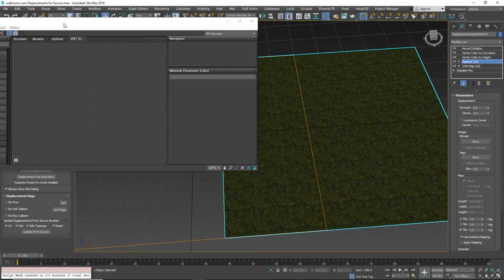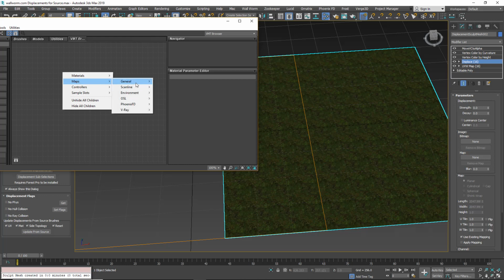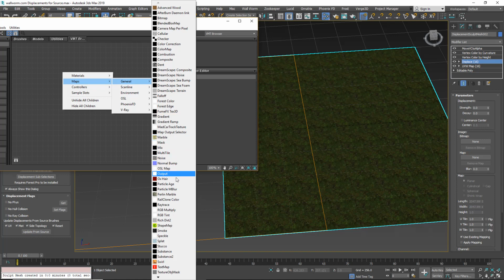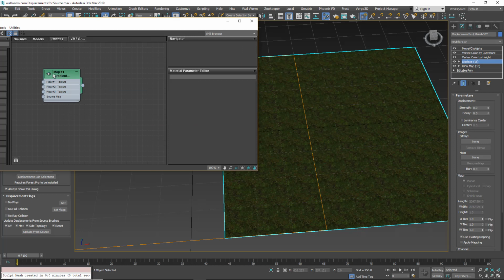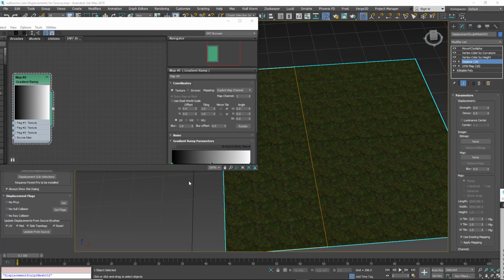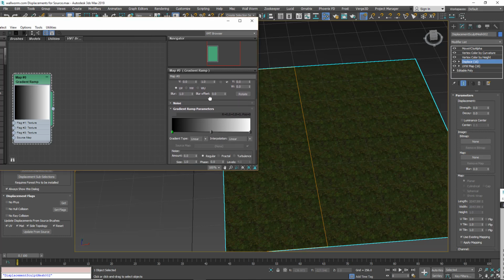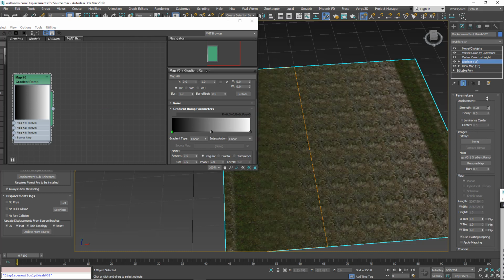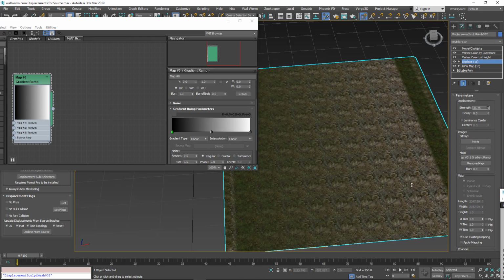And I could load a height map that you downloaded or created elsewhere, but we're going to create one here inside of 3ds Max. So I'm going to start with General and go to Gradient Ramp, and you can use pretty much most of the maps that are included with Max for this process. So we're going to use this gradient ramp to drive a terrain here. I'm going to just drag this gradient ramp over to the map slot of my displace modifier, and I'm going to choose instance. Now if I drag the strength up, we're going to see that it kind of works,